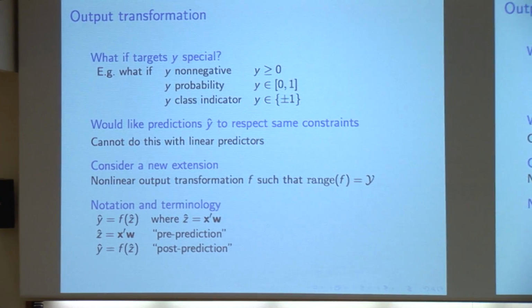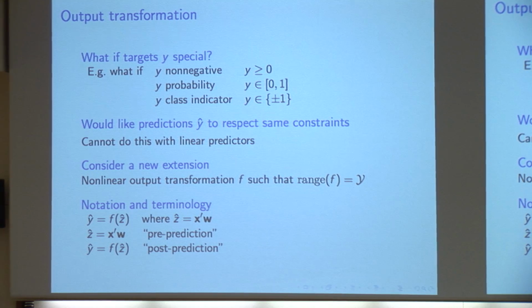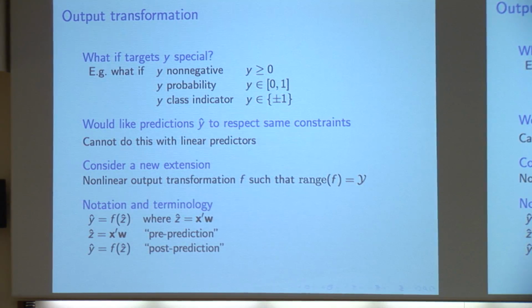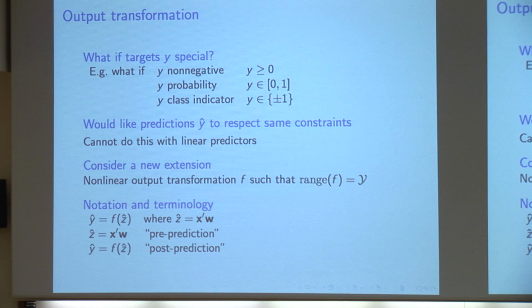What if it's not just some arbitrary number on the line? What do I mean? What if there are things going on in y, like maybe we know for some reason y is a non-negative number. Maybe we're predicting heights of people. It's hard to have a negative height, right? Or weights or something. So it could be the case that the range, the space into which we're predicting, has some natural structure or some natural constraints, say like non-negativity.